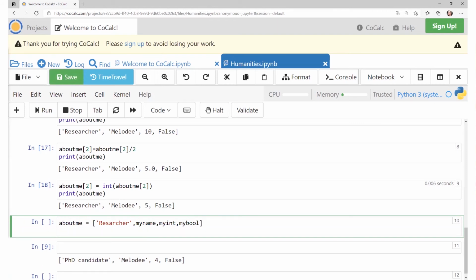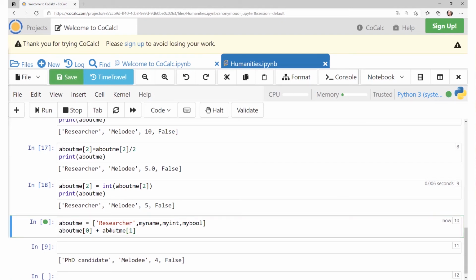And then I am going to use the same operator of plus, but it means something very different to a string. So if I say about me 0 plus about me 1,